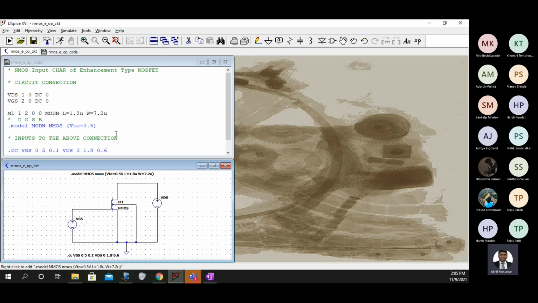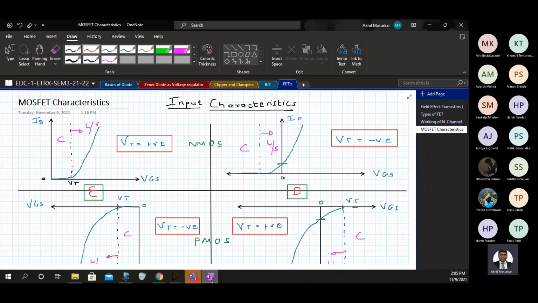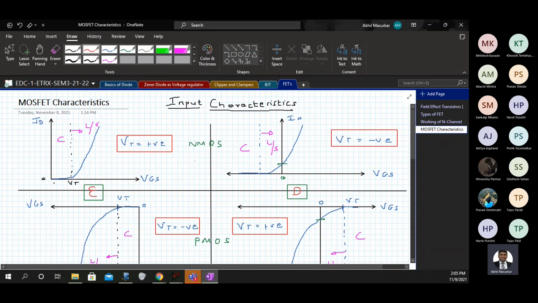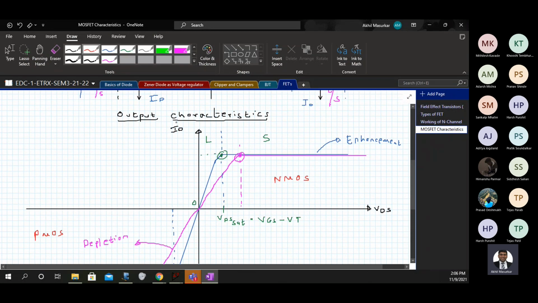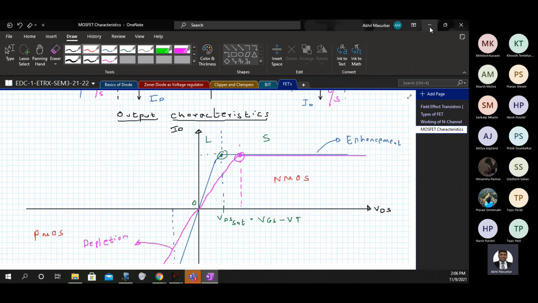The basic difference is that here on the x-axis we had VGS, but for the output characteristics, the y-axis is the same, ID is the same, but on the x-axis we now have VDS.